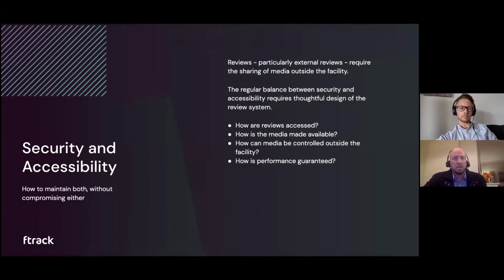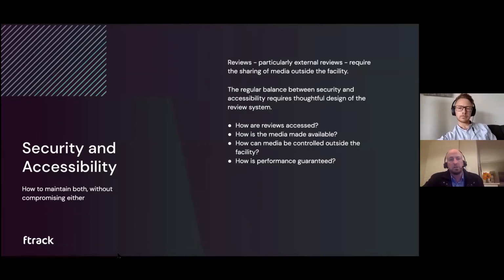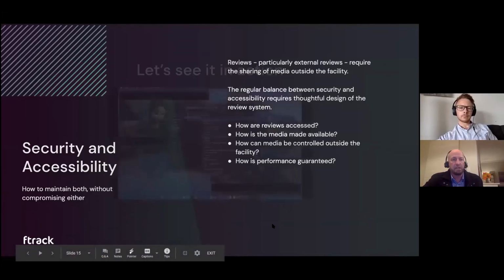And how do we ensure that the files are both locked down during the review, and also that we can retain control of them again after the review is finished? And doing all that while guaranteeing performance. So on the next slide, we've got another little run through of how we manage that in terms of the